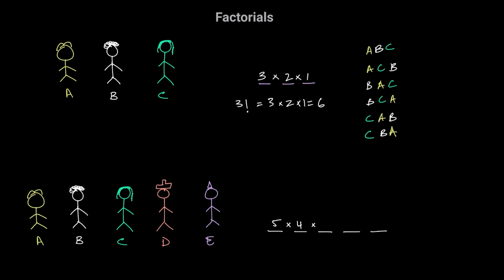For the third position, I have 3 different choices left now that I've already picked 2 out of 5. For the fourth position, I only have 2 options. And for the fifth position, I only have 1 option. So over here,